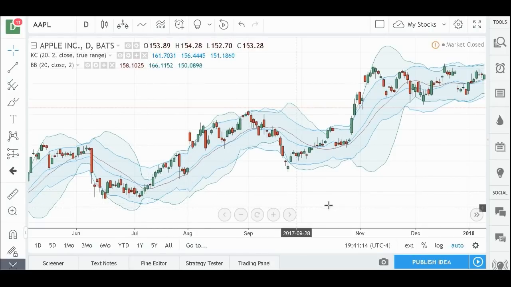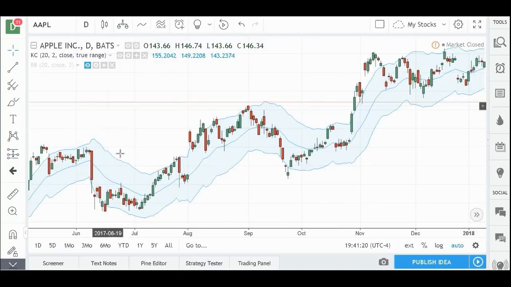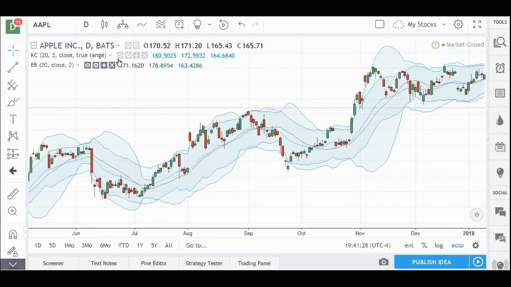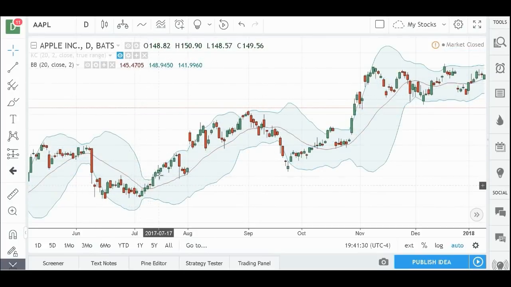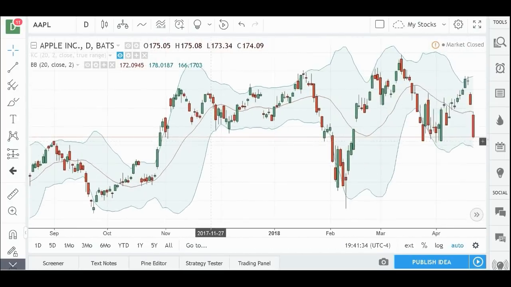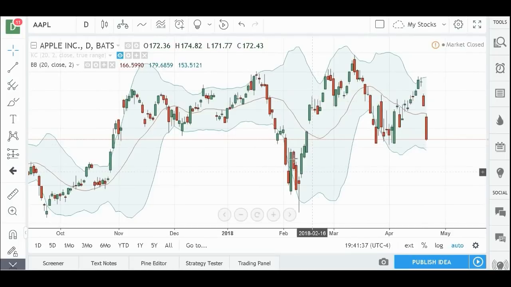So that's my quick primer, my quick introduction. But yeah, with the Keltner channels, it's the same ideas. You've got the midline, and you've got the upper band and lower band. It's very similar. You just choose which one you like better. If you want to go on the wild side, if you don't mind something that gets really narrow and really wide sometimes, you can go with Bollinger Bands. Look how wide this is getting here. It's hard to trade sometimes when it's really wide. All right. And it can be confusing.